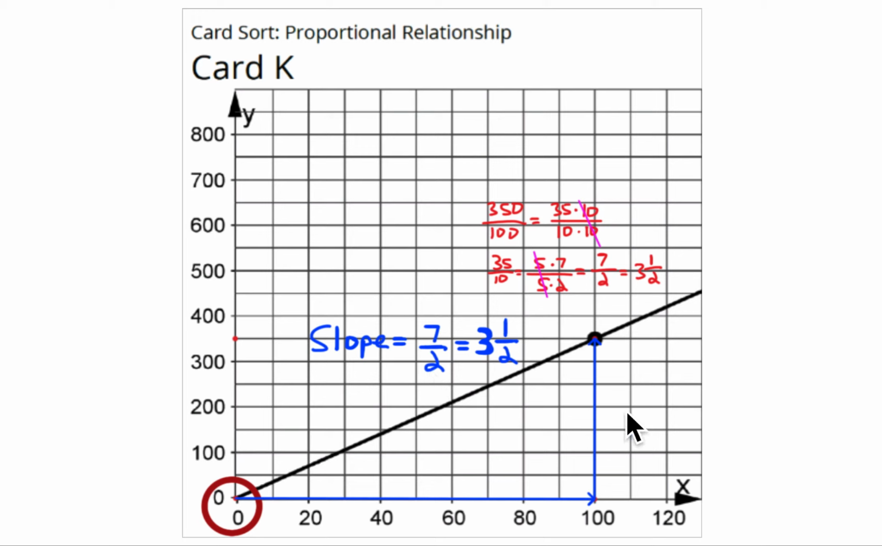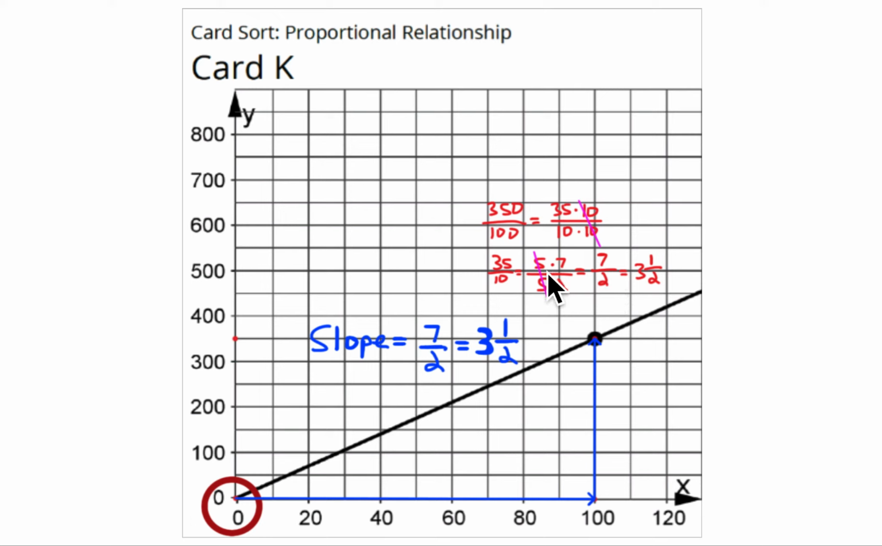The number of units along the y-axis is 7/2 of the number of units along the x-axis. So along the y-axis, it goes out to 350. Along the x-axis, it's 100 units. Well, 350 to 100 is the same as 35 to 10, which is the same as 3.5 to 1, which is the same as 7/2. 3 1/2 to 1, which is the same as